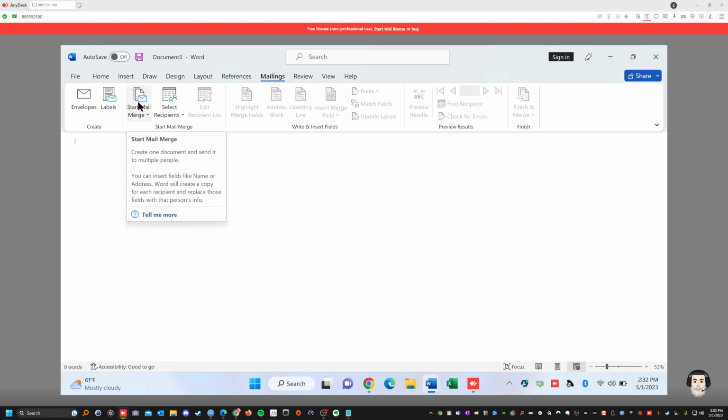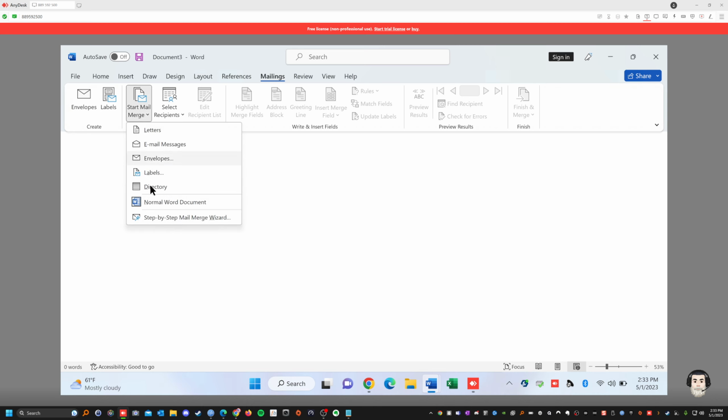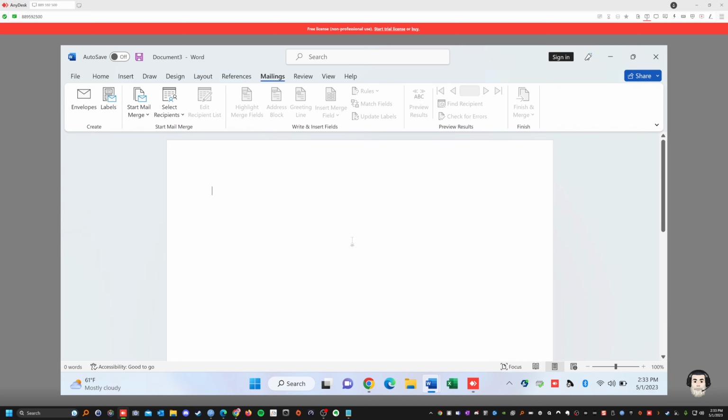You can mail merge. Let's say you buy a database. And let's say you're in the business of sending letters to people because you want to sell your services, whatever you provide, in-house care, whatever. And you want to send, let's say, 10,000 mailers to people. This is how you buy the database of the older people that you want to send the mailers to, and then you merge that information to this. On the letter, on the directory, on the label, on the envelopes, on the email messages, however you want to do, either from an envelope to a Word document to an email to whatever format. In a letter, you mail merge.